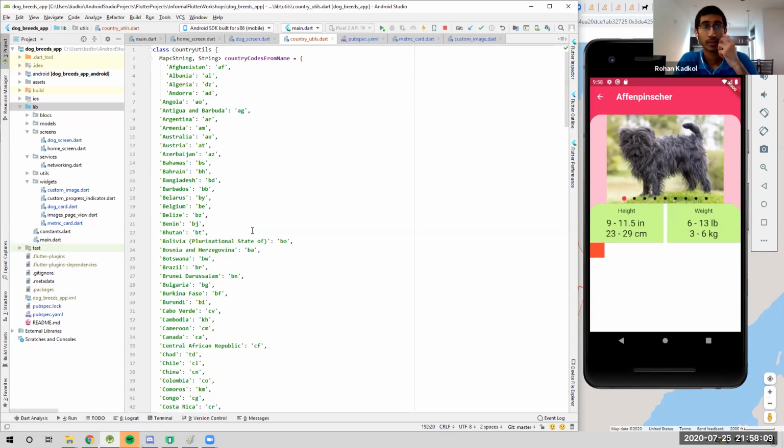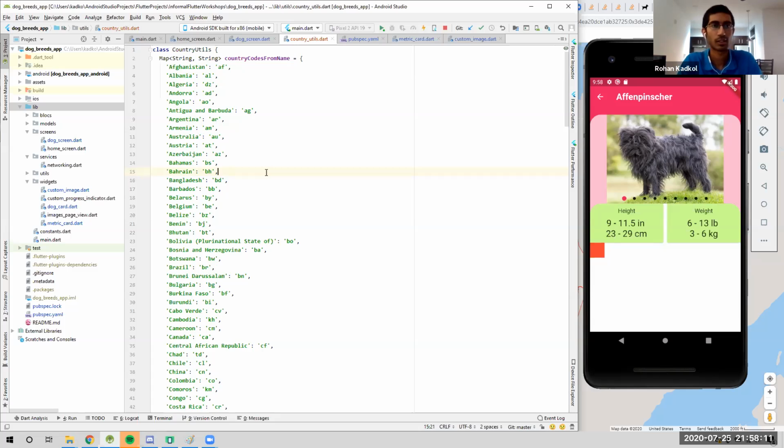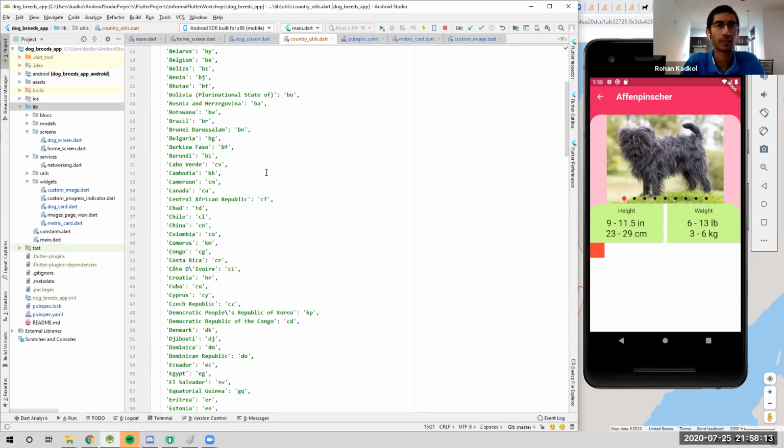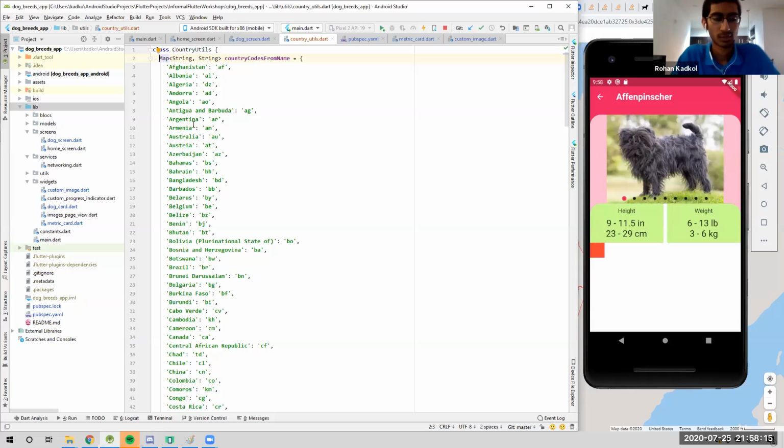All right, so it seems relatively fine. Control Alt L. We have this map, this static final map. So now what you have to do is,